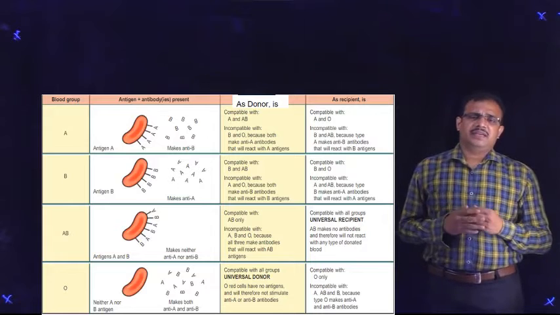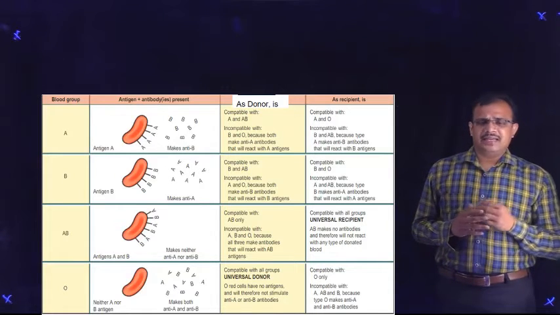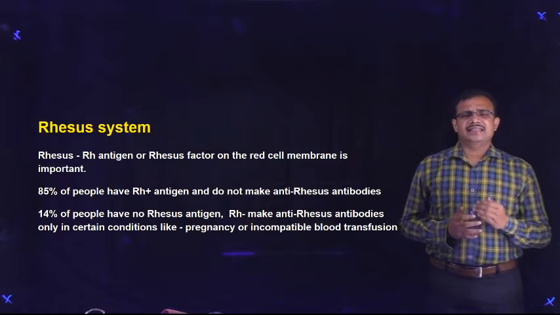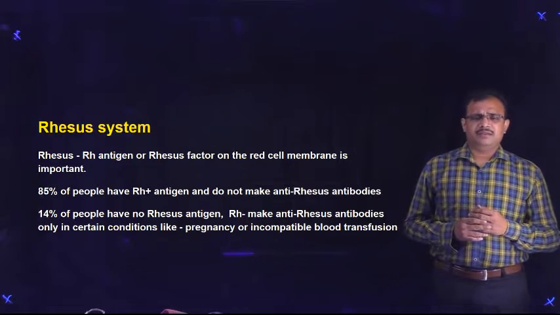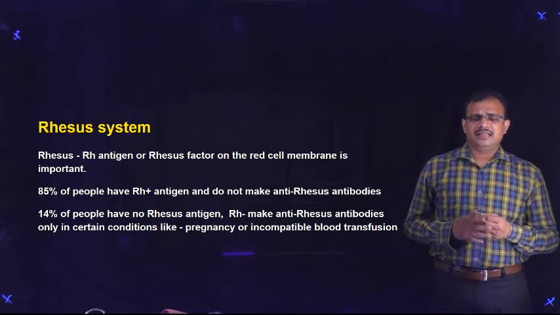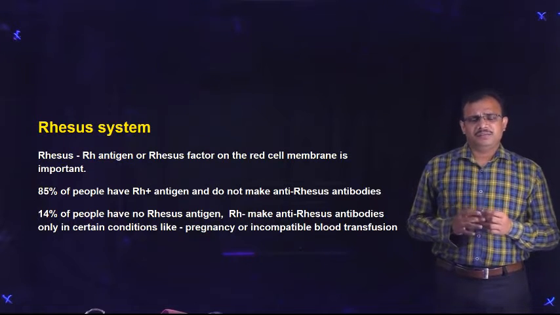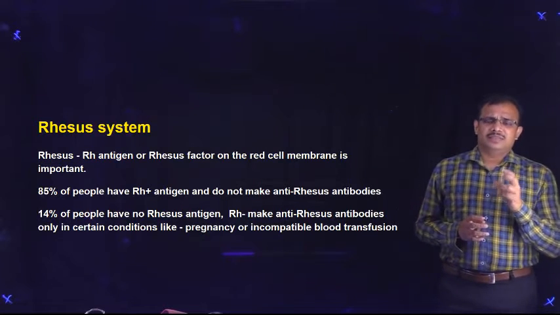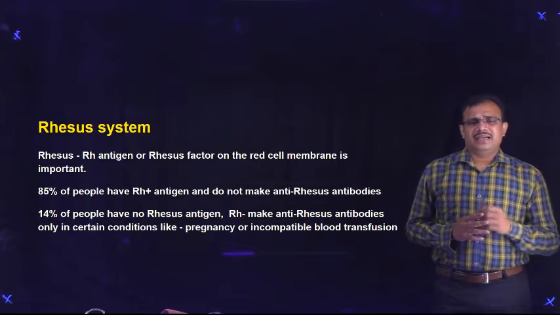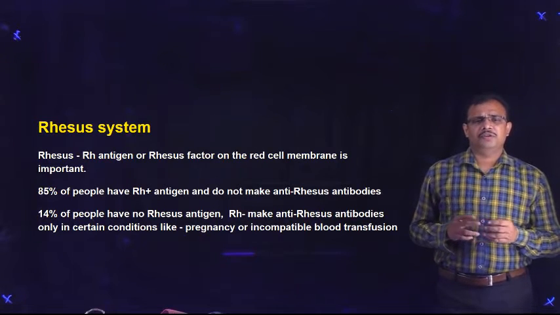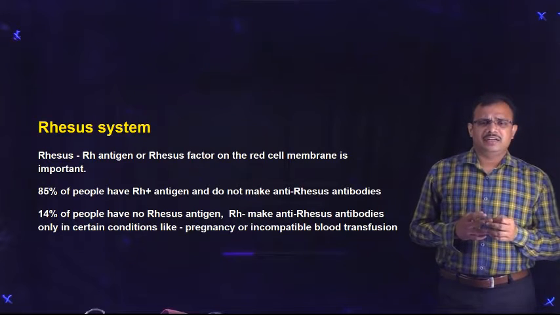So in this way the blood groups can be classified among the individuals. Now let's see the rhesus system. So we have been hearing about the blood groups, that either it is A, B, AB or O. Apart from this, they are also specified or defined as positive or negative. A positive, O positive, A negative, in this way.